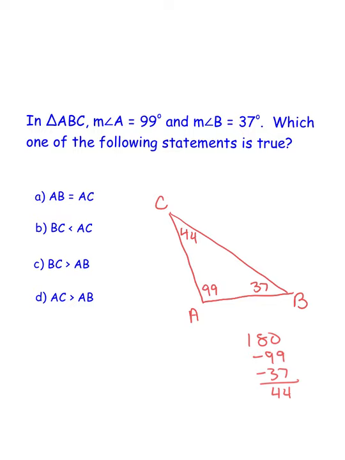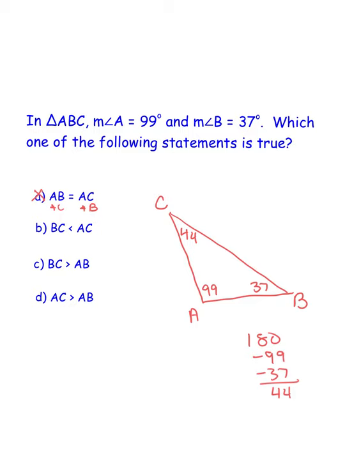Since if I go across from AB, angle C, and if I go across from side AC, angle B, since those two angles are not the same, those two sides cannot be the same. Part B, or choice B, says side BC